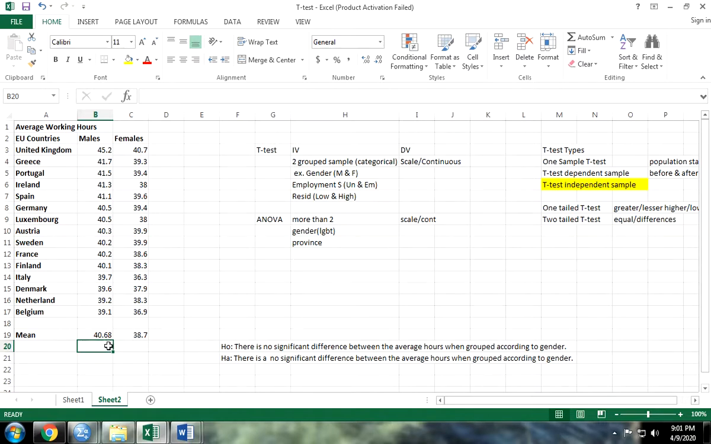Although we can see in the mean that males are higher in terms of working hours compared with females, this is insufficient. So we will use a t-test to know whether or not there is a difference between males and females. Now, first things first. If we are going to use software, not manual computation, it's good to craft our hypothesis